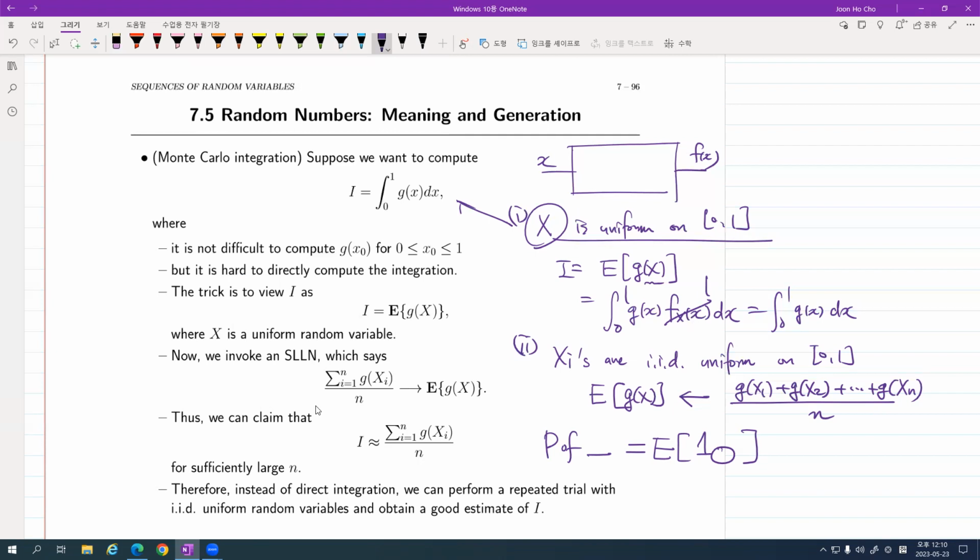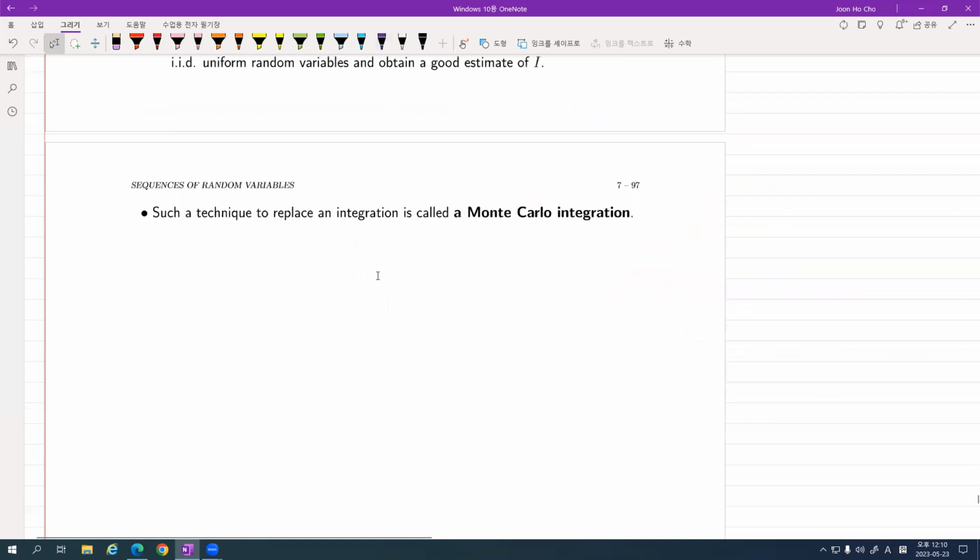What does that mean? Expectation of something is always what? The integral of the variable times the probability measure d omega, something like that, or ds. That is an integral, okay? So whenever you compute the probability of something, you may use, I'm not saying that you have to, you may use Monte Carlo integration. Got it? So please remember this. Okay, let me skip because we have a lot to say.